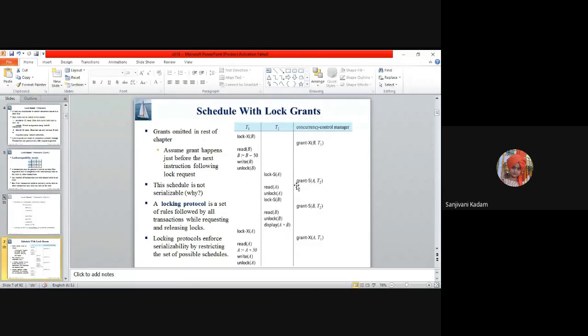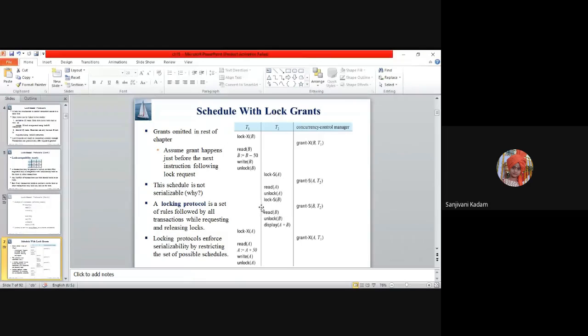So grant S, that is shared lock on A, for T2. Now T2 is holding a shared lock on A. Shared means it can perform only a read operation. So it has read the value of A. Now it has also unlocked A. Unlock means right now there is no lock on A.